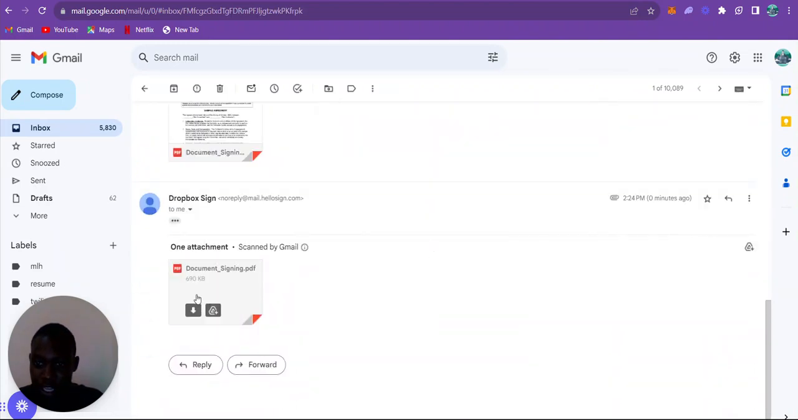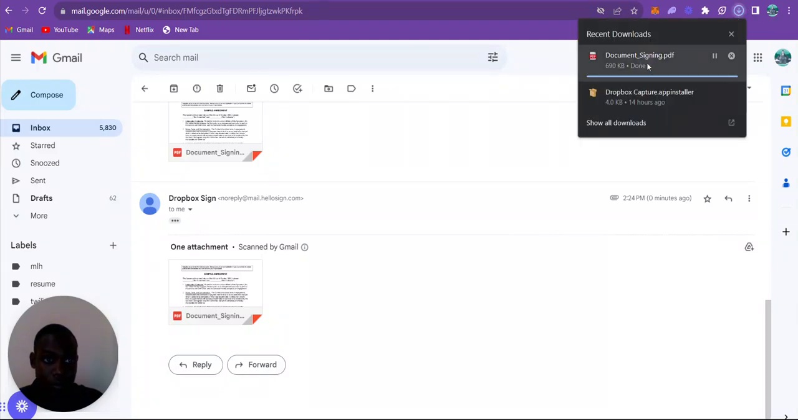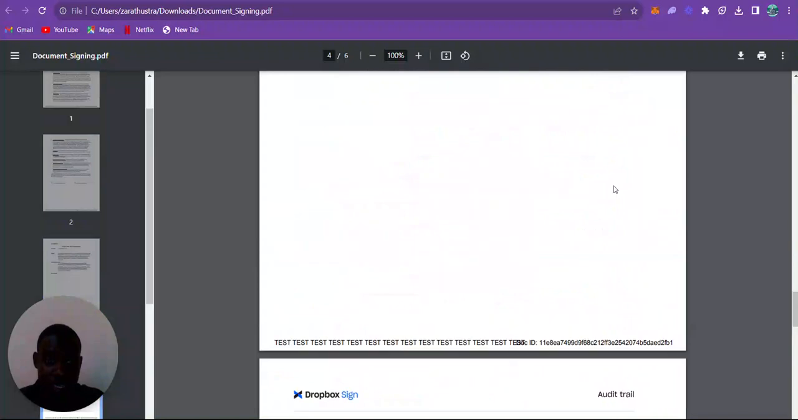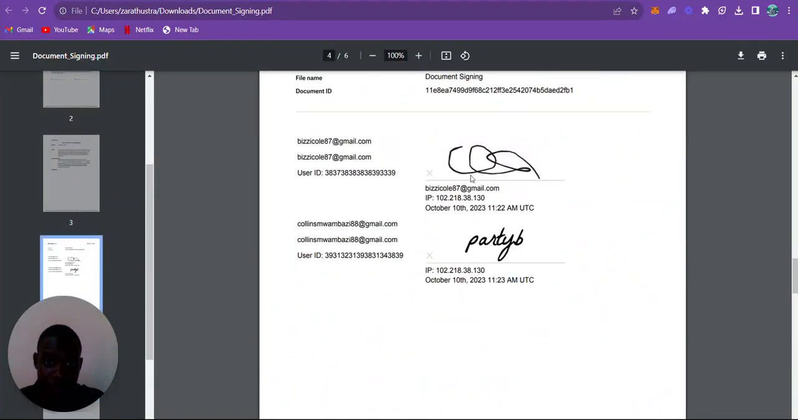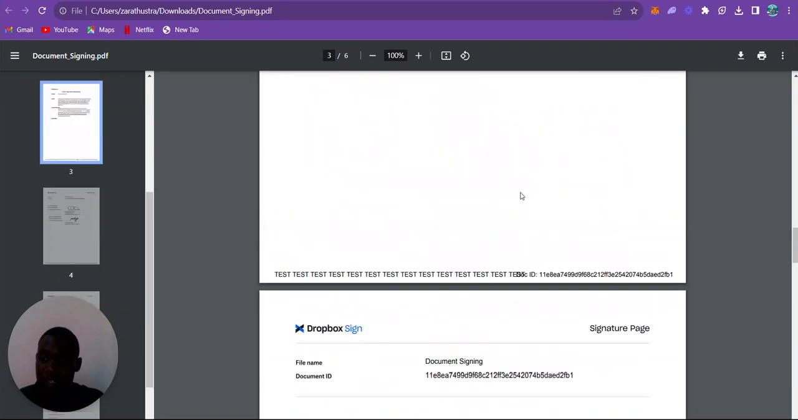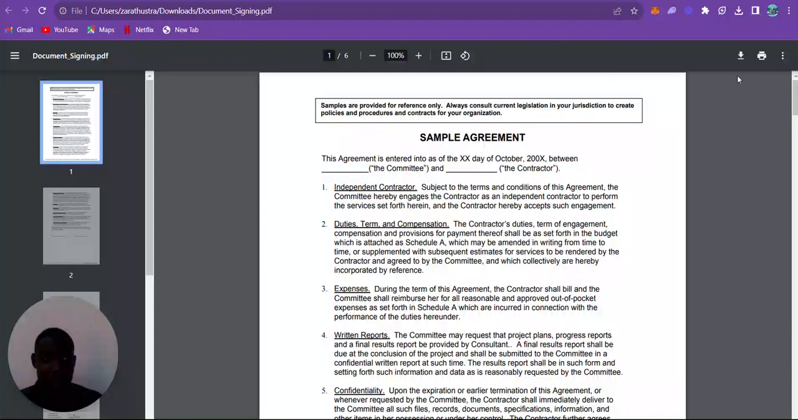It's right here. So if I just download this copy and look at it, you will be able to see that it's the document that we need, but with both our signatures and both our email addresses. So this is a legally binding document. Yeah, so you could just go ahead and print this if you had a printer,